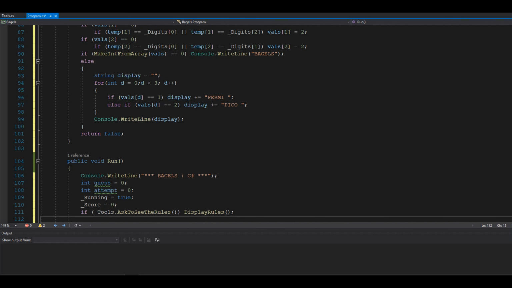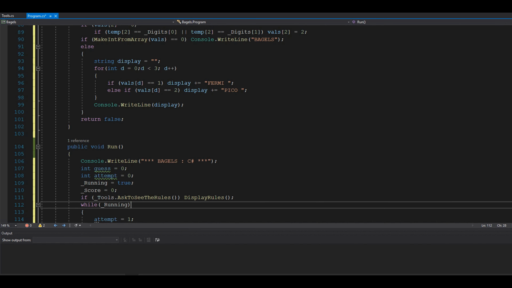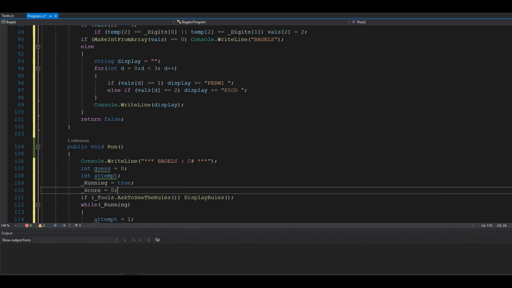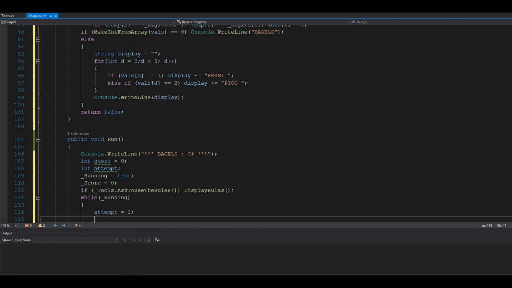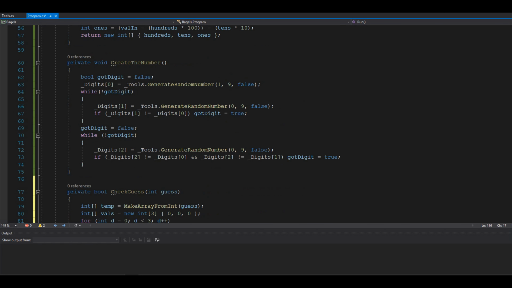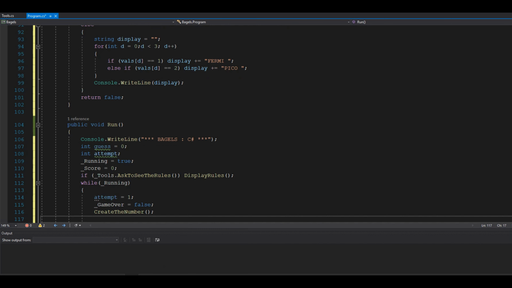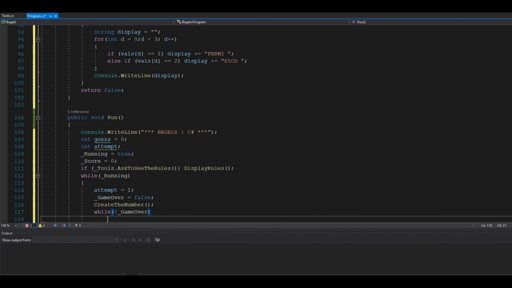All right. While running, our attempt will equal 1. Oh, I guess I don't have to assign it up here. Our gameOver is set to false. We create the digits, create the number. All right. Then while not gameOver,